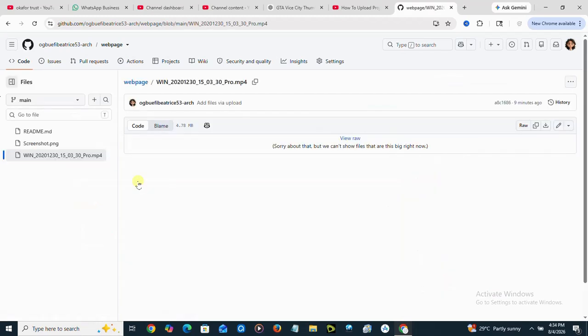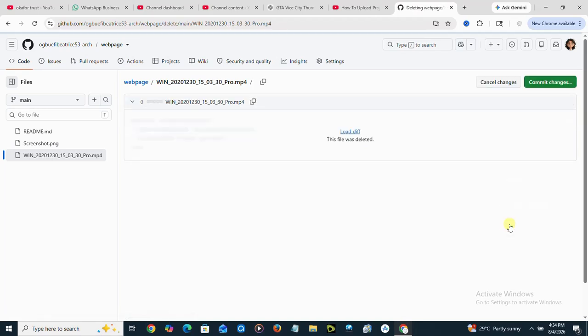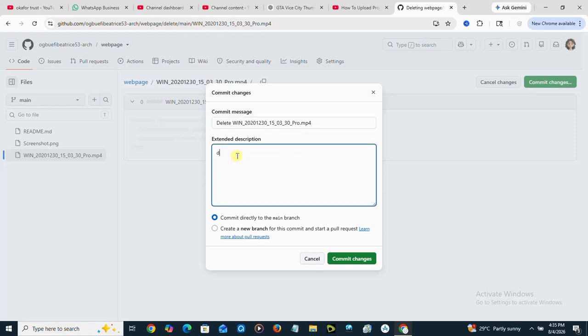Once you click on that, you can see these three dots right here. Click on that as well, and once you do, you can see delete file. Click on delete file, and then you're going to click on commit changes. You can put a description saying